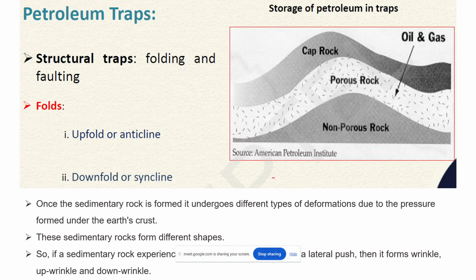You cannot say like, here this is our reservoir rock, and here we put a cap, and it's like a small heat box or a straight box. That never happens down the earth. So due to all the pressure, what happens is, when different rocks form due to the pressure, it forms different shapes.